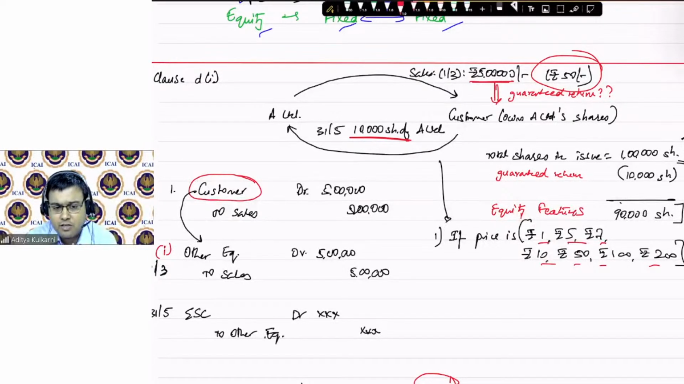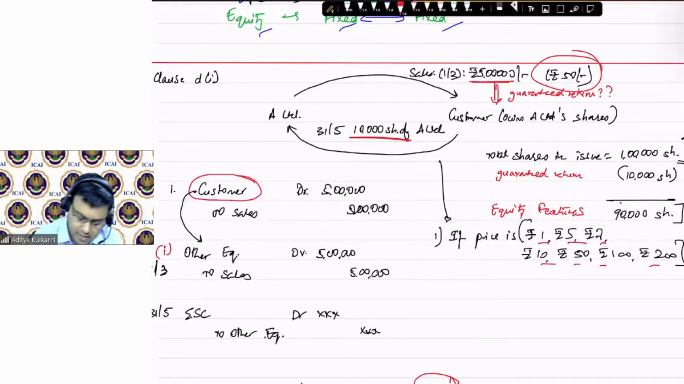So on 1st of March, I will book the entry: other equity account debit to sales. And on 31st May, whenever the buyback happens, equity capital to other equity. Depending on face value, you will adjust the reserves also. Premiums or those kind of reserves will be adjusted to complete the buyback. Okay. Now suppose,